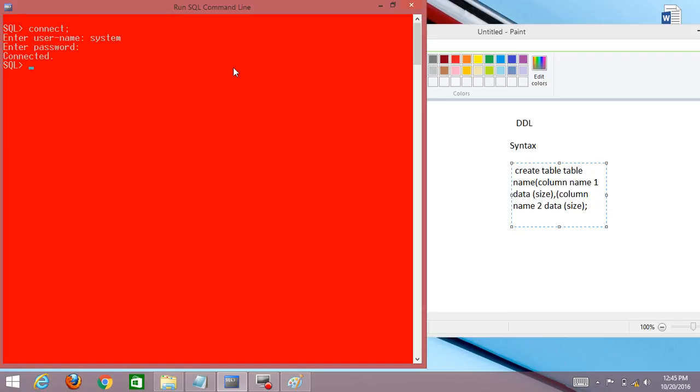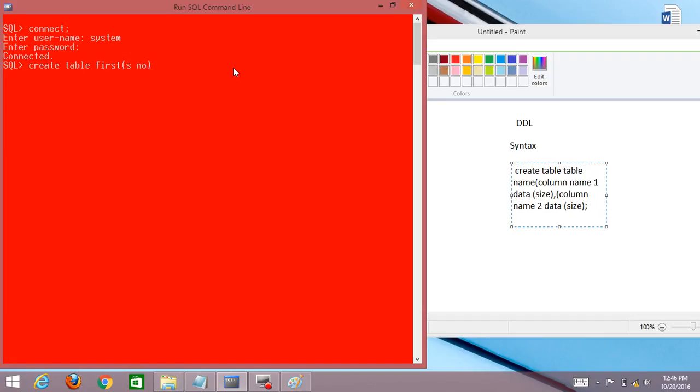First, create a table. Create table name. Suppose I write the table name as first, then a bracket, then write the serial number.